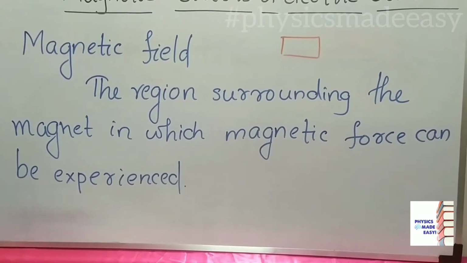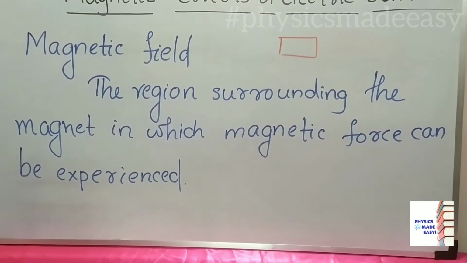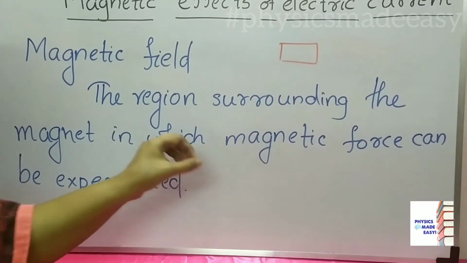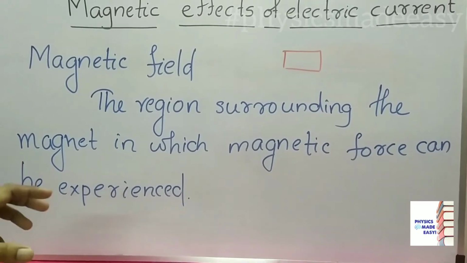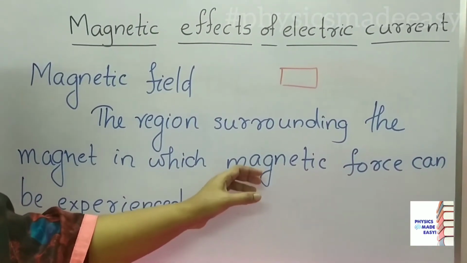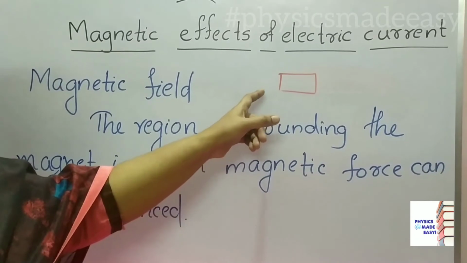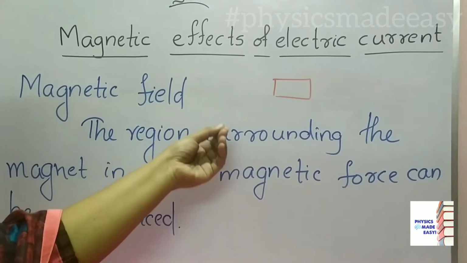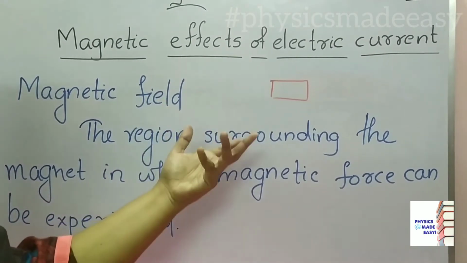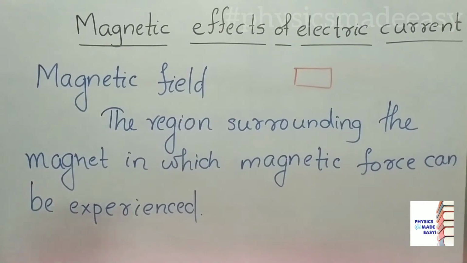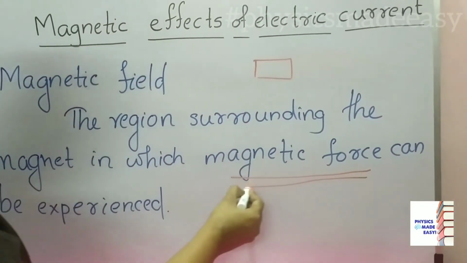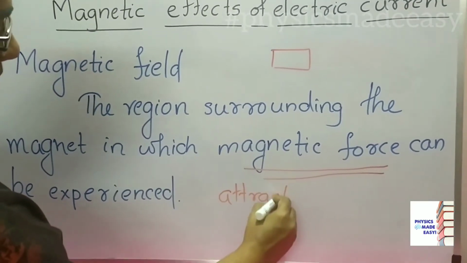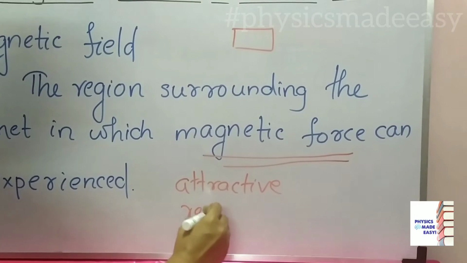Children, you know if one object is moving towards or away from another object, we can see that is due to a force. Here we are discussing the magnetic effect, the magnetic property. So here we can call this force magnetic force, that is due to the power of this magnet. If you place a material having that property near to this, you can see that it is attracting. So here we have to discuss the magnetic force. Here two types are there, attractive force and repulsive force.